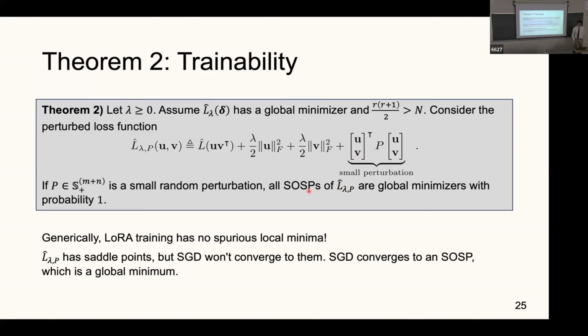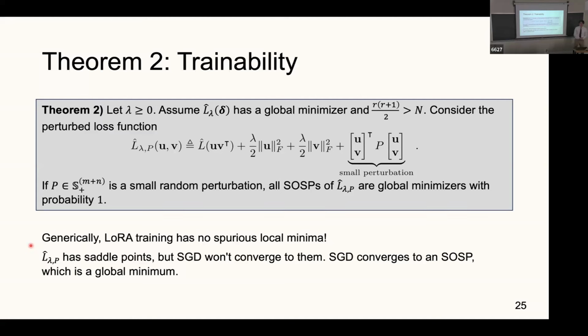Then all second order stationary points of this training loss are global minimizers. So the conclusion of this theorem is that generically speaking, LoRA training has no spurious local minima. A spurious local minimum would be a local minimum that's not a global minimum. It's the local minimum that you don't want to get stuck in, and generically that's not going to happen. So this loss function is going to have saddle points, but SGD won't converge to such saddle points. SGD will converge to the second order stationary points, and according to this theorem, generically, those will all be the